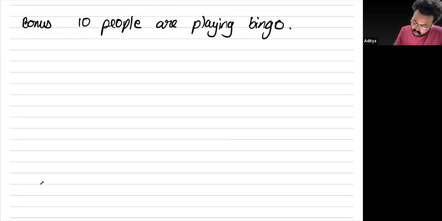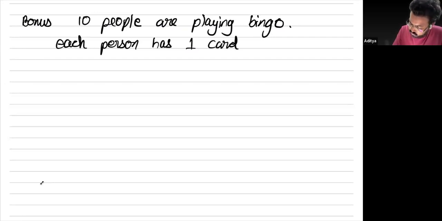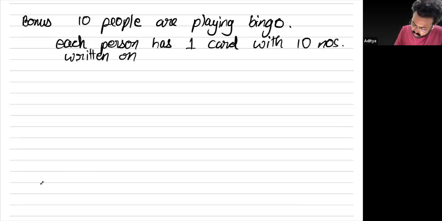Each person has one card with 10 numbers written on it. This game is